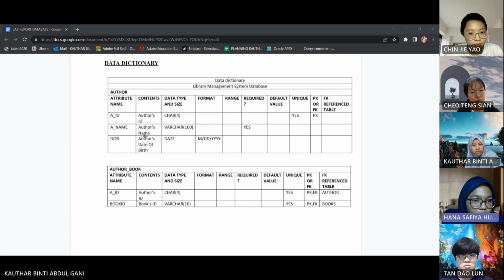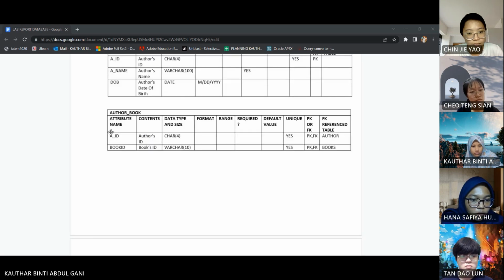And then for the DOB, which is the author's date of birth, with data type date with format month, day, and year. And then for the next one, for the author book, A_ID, which is the author's ID with data type char4. It is a unique data, and it is also primary key and foreign key at the same time, which refers